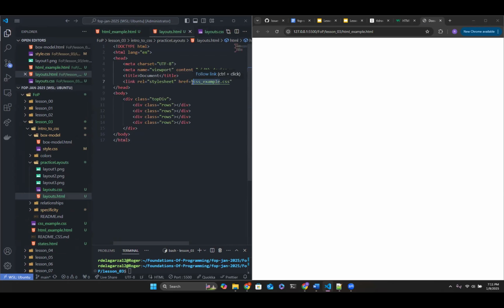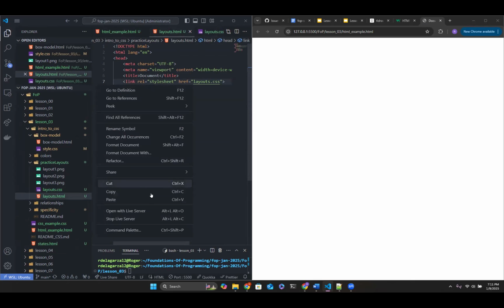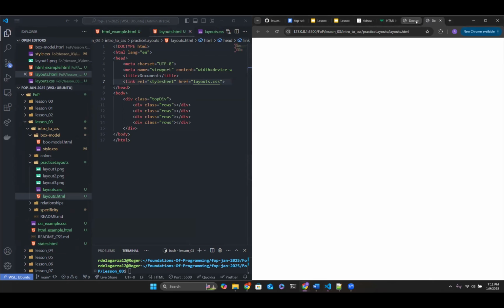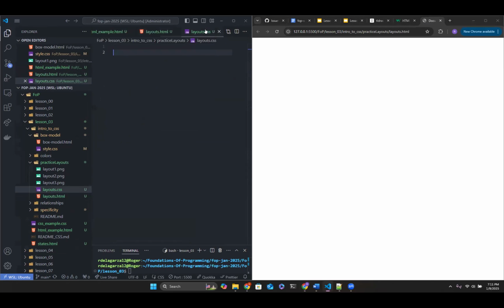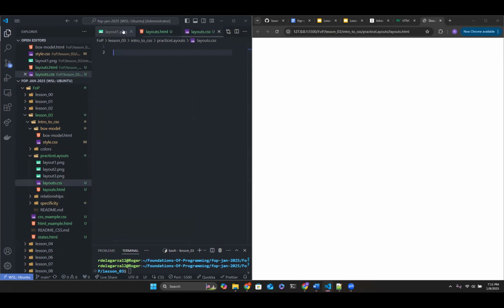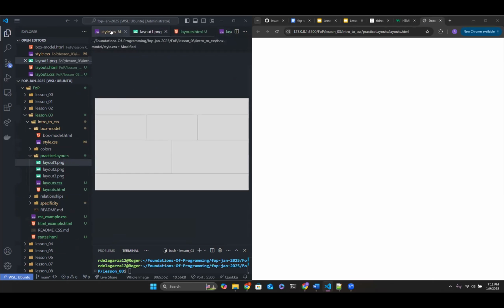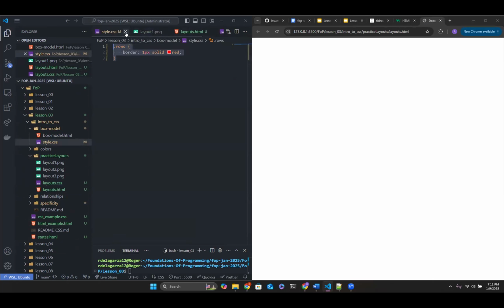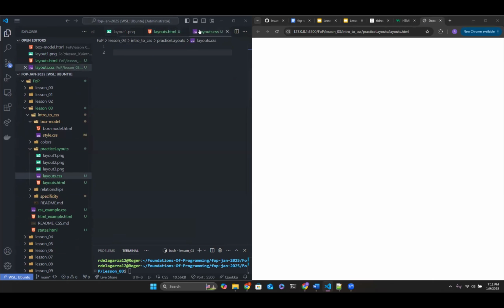And let's connect the CSS file. Cool. Let me open this with live server. And now we can add the CSS in here. There we go. Now we're getting somewhere.